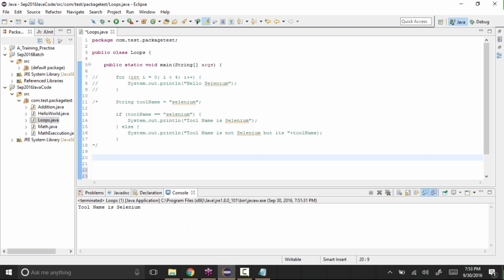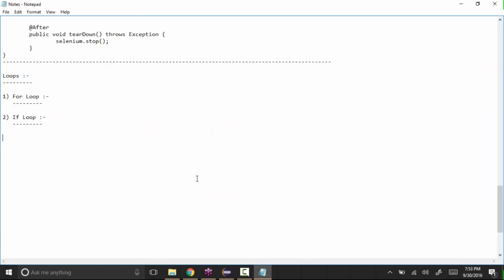And the next loop is, see, there are like 4-5 loops like this. So the next loop is the while loop. Okay, so even the while loop is same as a for loop itself. Even you can execute some code multiple times based on a condition. So either you can use for loop or you can use while loop.